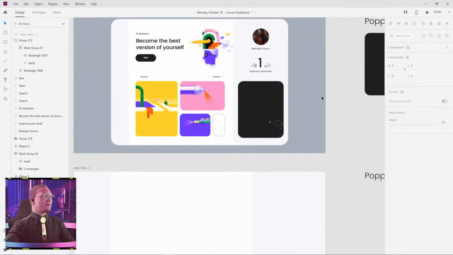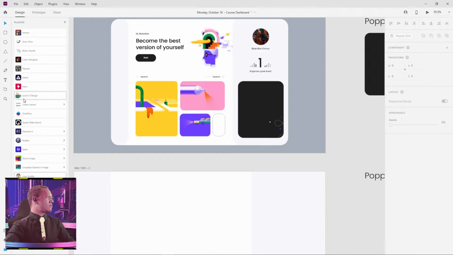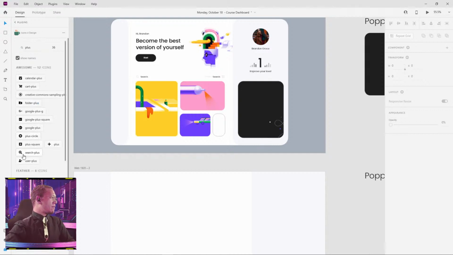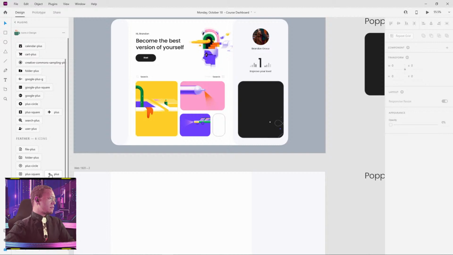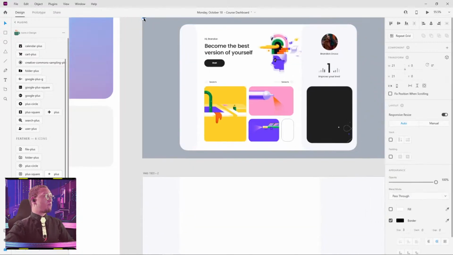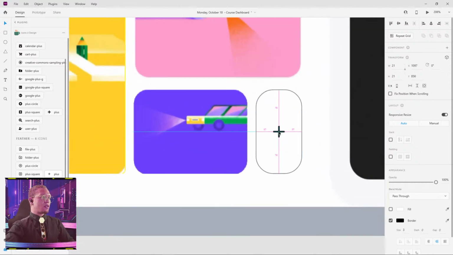All right. Now, with that said, we're going to start messing with our icons very quickly. So I'm going to go to my plugins, icons for design, and I'm just going to type in plus. And I'm looking for a little plus here. And this brought my little icon onto my artboard. I'm going to pull it into where I want. It's a little too thick for me, so I'm going to decrease how thick the stroke is on this asset,